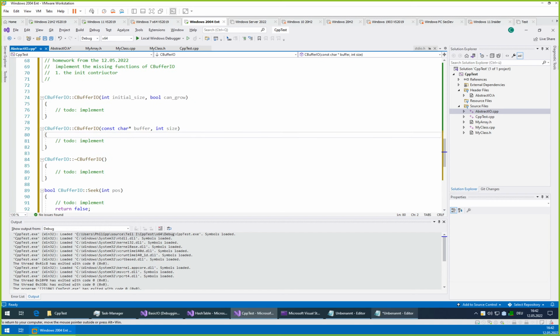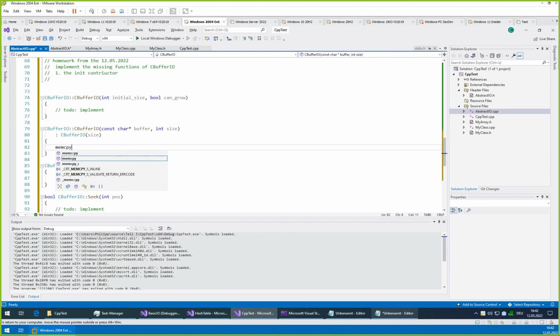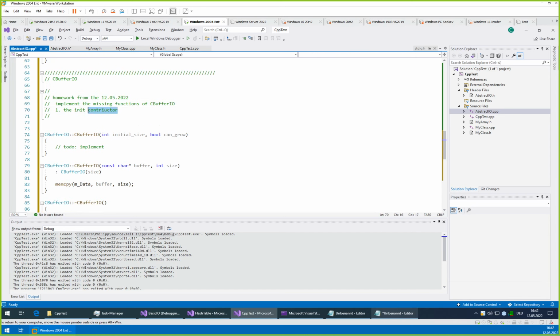I will implement one of the constructors, but in a way that it will not help much. So you can call another constructor of your existing constructor by just writing its name and providing the argument. So this constructor will then call that one. This one will allocate the memory we need, and we here just mem copy our surface destination m data to our m data from our m buffer, the amount of size bytes. Yeah, that is easy enough. So the constructor